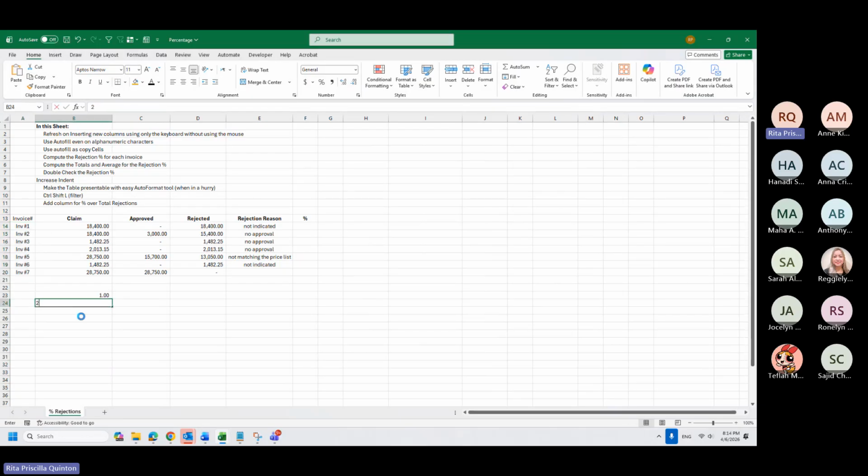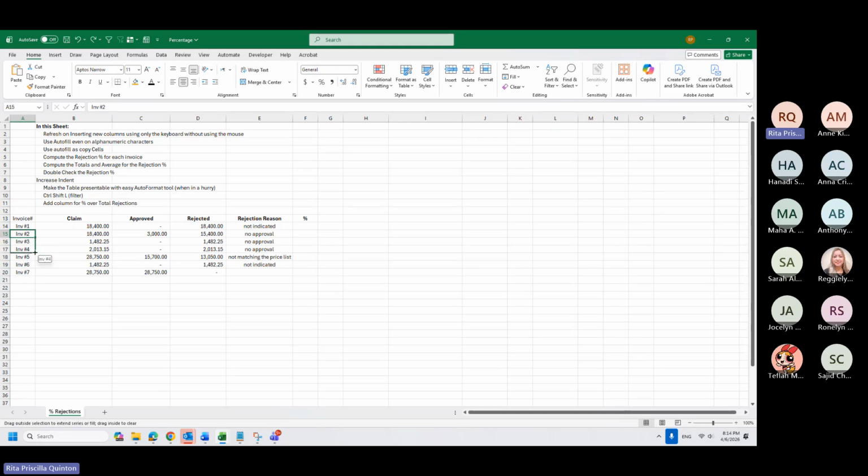So we know that autofill works with numbers like this, but actually it's not limited to numbers, alphanumeric also. If it sees 1, it will give you 1 to 7, no matter how long you do the autofill. In this case, for example, let's say this invoice is not invoice number 3, but it should be invoice number 2. Let's say these 3 rows should be invoice number 2.